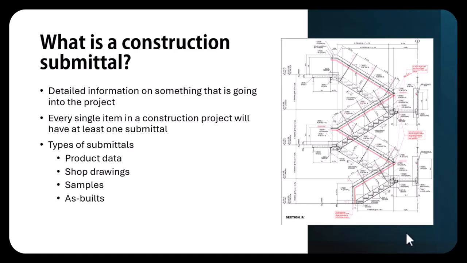Another thing you will also need is shop drawings. The picture you see on the right is an example of shop drawings for a staircase. Your plans show you, I need stairs from levels 1 to 2. They need to be this size, they need to have this many stair treads, and they need to meet this code, and they need to be painted blue. Something along that nature. So the drawings give a basic understanding. The shop drawings are going to go into significantly more detail about how these are actually going to be constructed